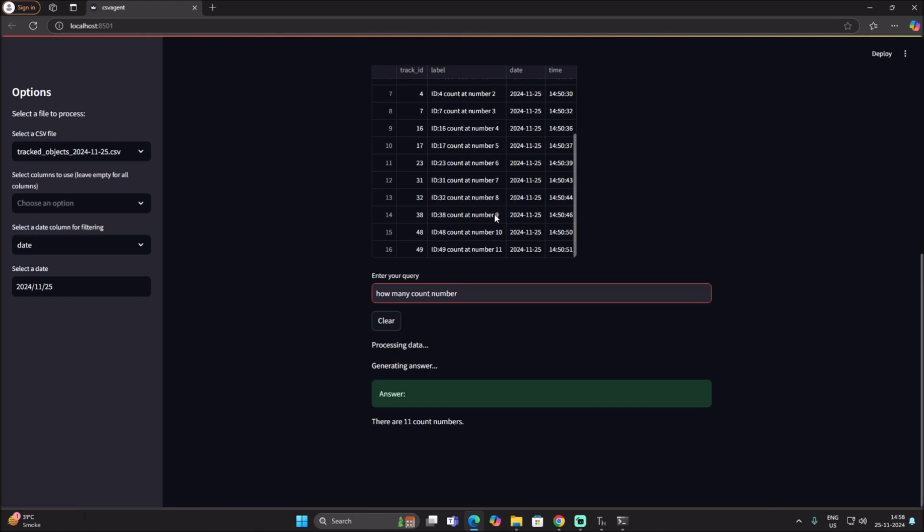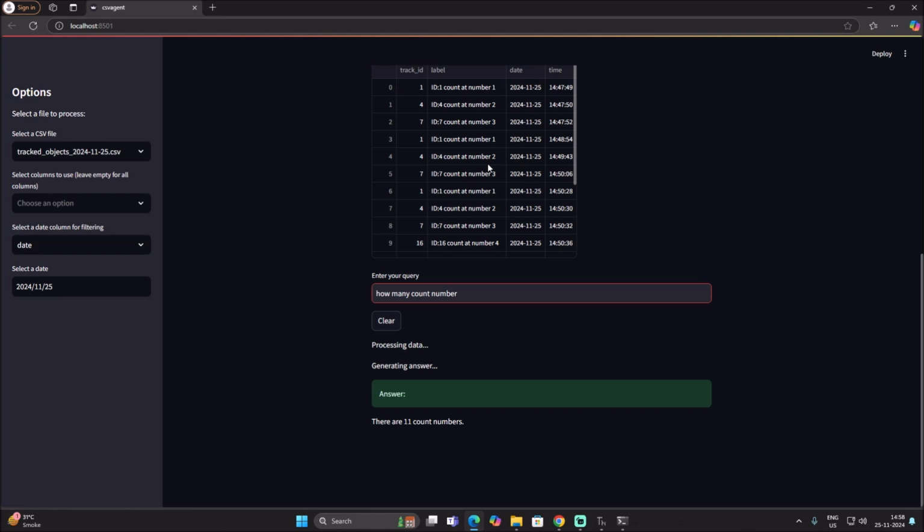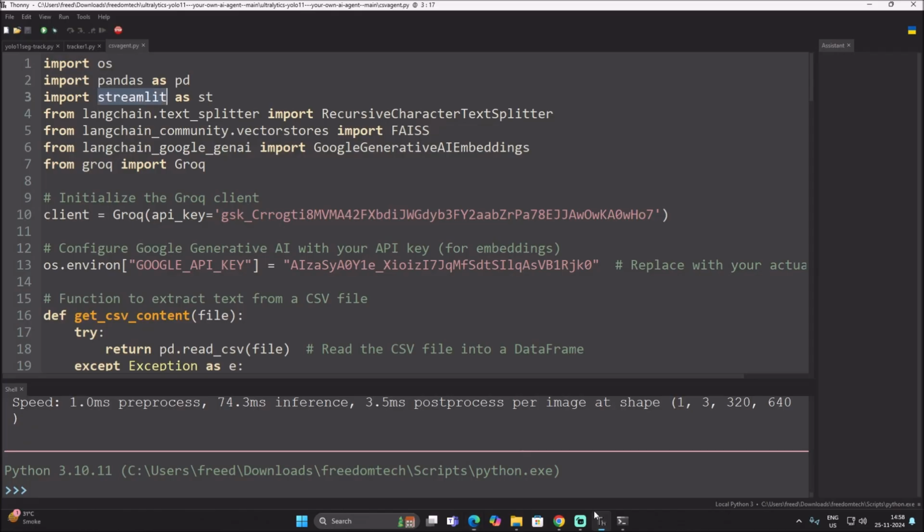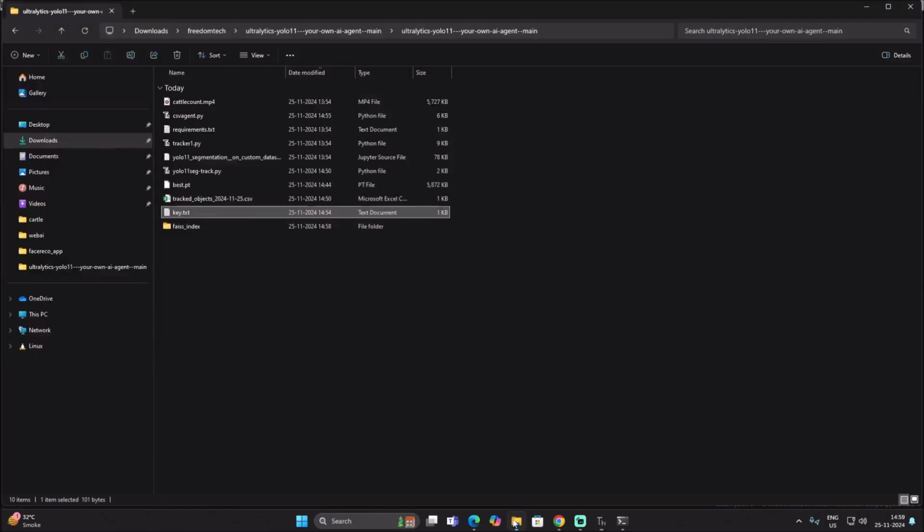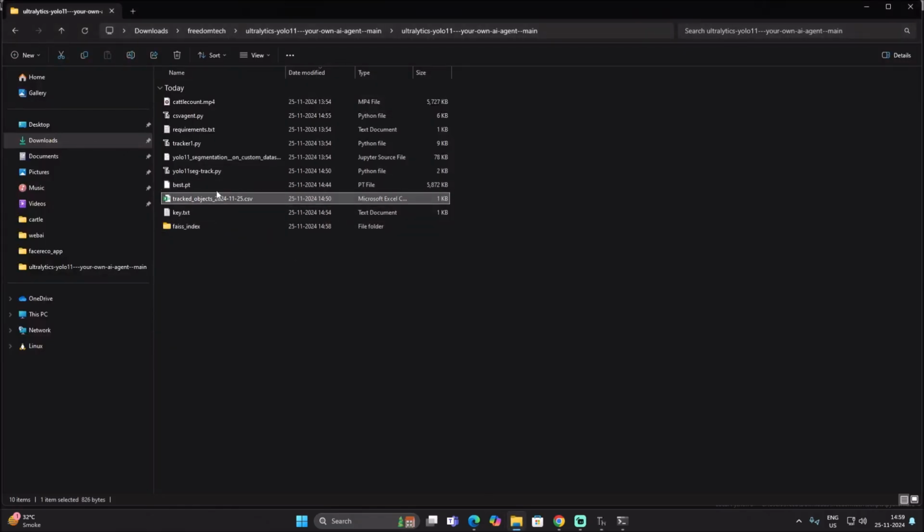So it's basically counting all the numbers. We created a file which is counting the same numbers, because we ran the same code again and again. That's why the sheet looks like this. So what we will do is delete the sheet and create new data. Okay, simple. Let's open our code, and this time we will delete our CSV